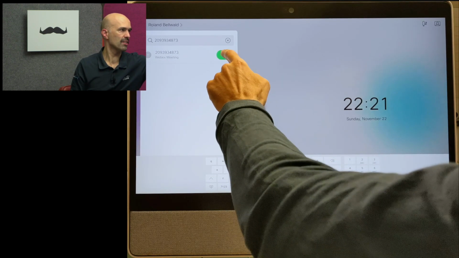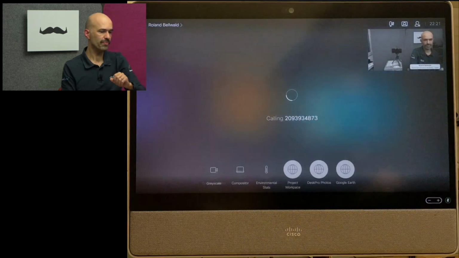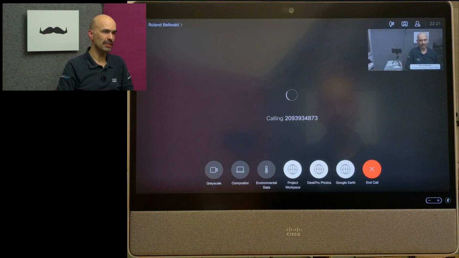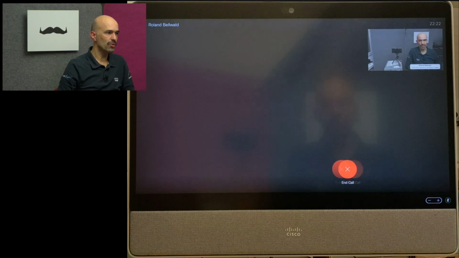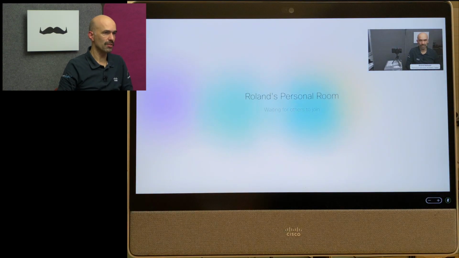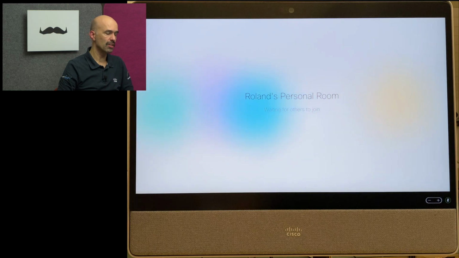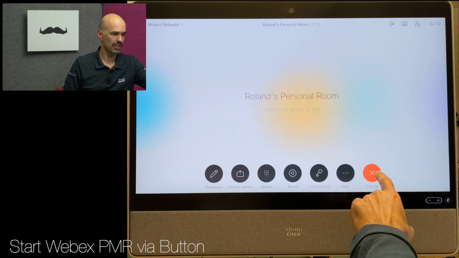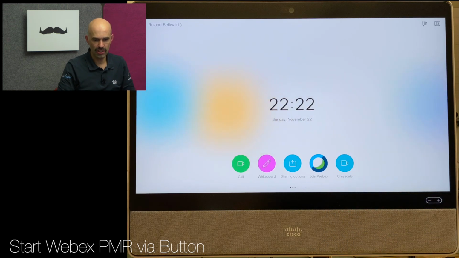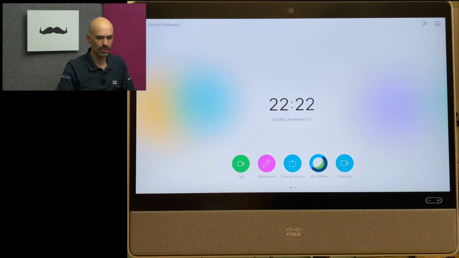4873. I say join, and I'm in this meeting. On the top right I see the self view, just to make sure that I'm in the right meeting, and that I look the way I want to, and then I'm in the meeting. So let's move to the second option, which is start the personal meeting room from the Webex